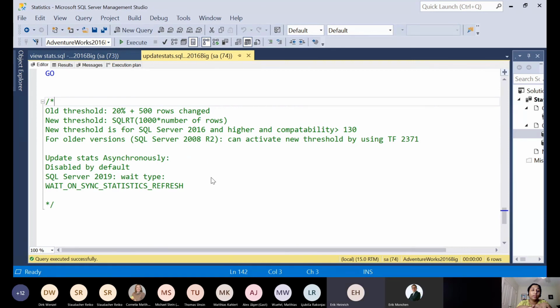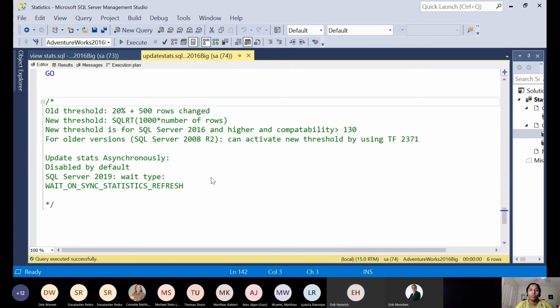And also, as we have seen, we can update the stats manually and automatically, but we can also update the stats asynchronously. This feature is disabled by default, but what will happen if we enable it? Update stats asynchronously makes sure that whenever our row modification hits that threshold, it doesn't do the update statistics right away when the query is executing.